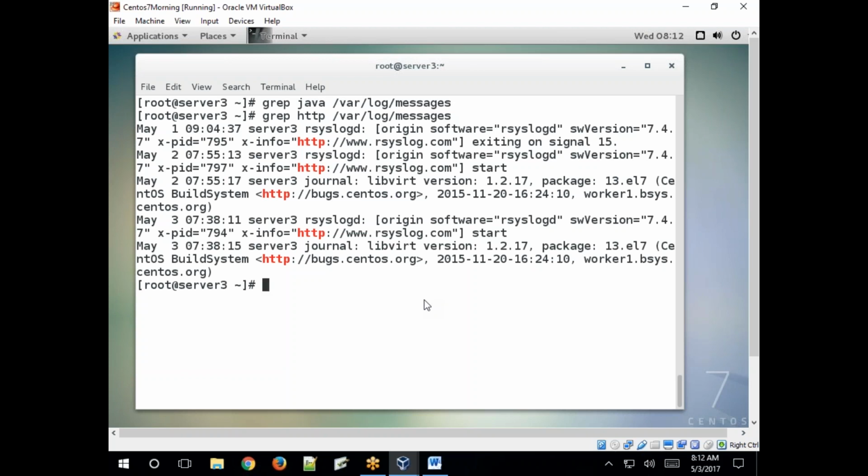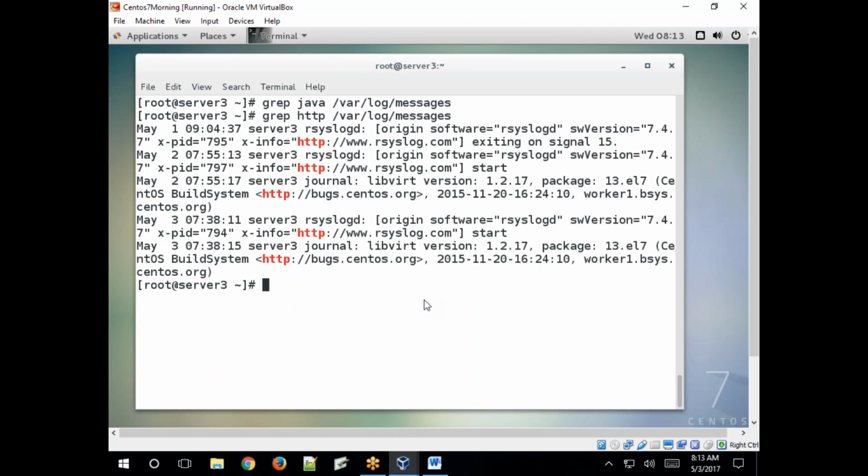Here I am searching for HTTP service logs from the main log file. See, it returns only those particular lines. We can easily track the errors, warnings and access messages related to the HTTP service. Here the HTTP service is a web server. Clear?